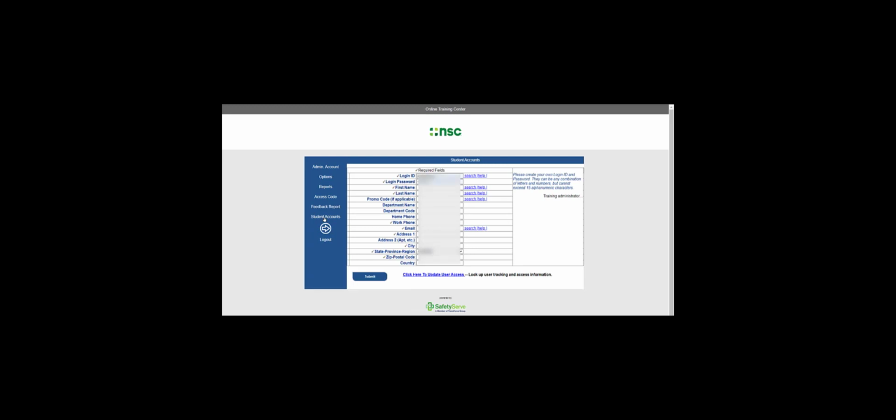You can also search for a completion certificate by going to Student Accounts. Once on this page, you'll want to search by login ID, first name, last name, or email address. Once you type in a login ID, click Search, choose the account,